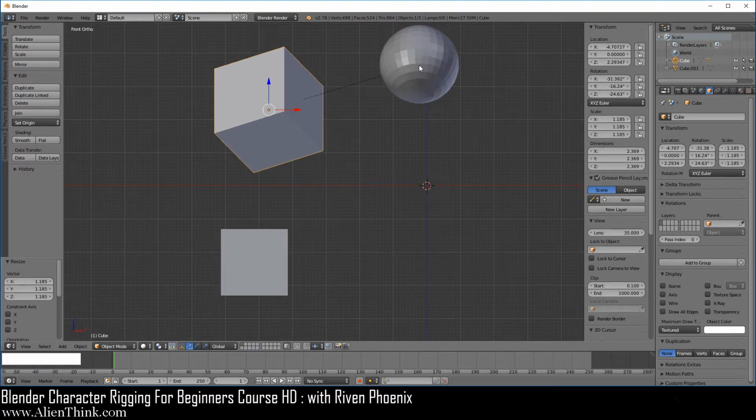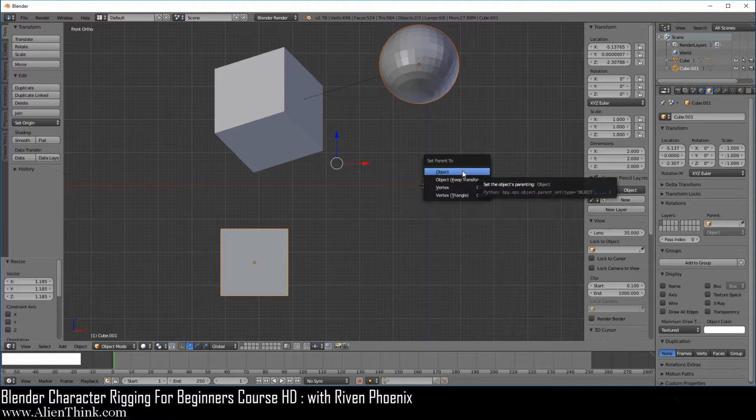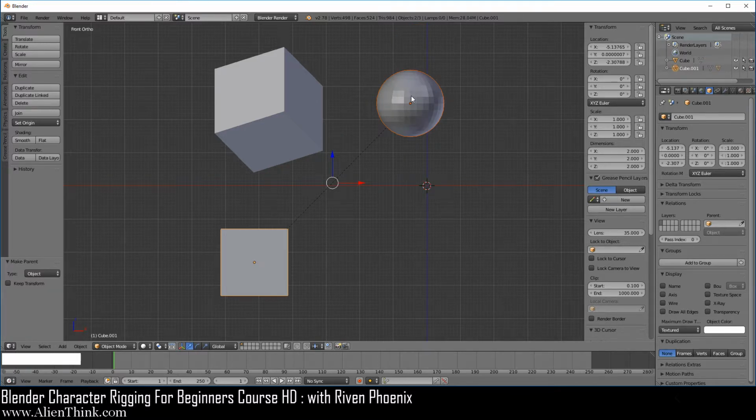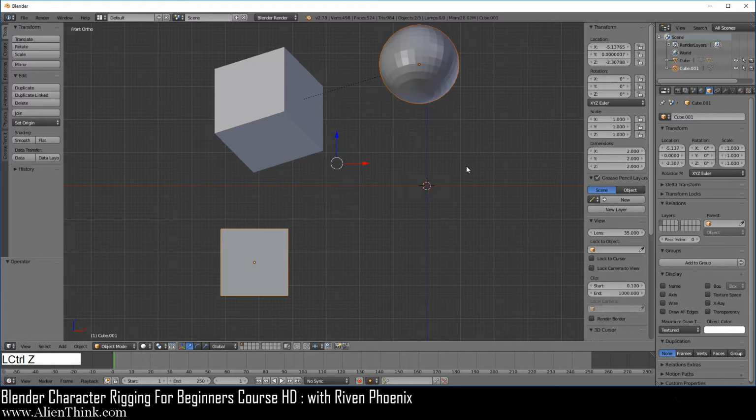Okay, now notice what happens when we click on this object, press the Shift key down and click on this object. Basically, we're going to switch its parent. Do Control P, and when you click on object, notice what happens to the child. It's basically going to create the parent-child relationships again, or Blender is, by simply resetting the child object to its original location. Okay, now do Control Z to undo this.